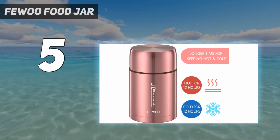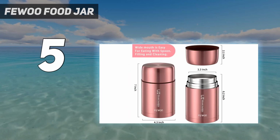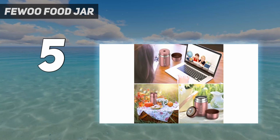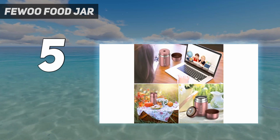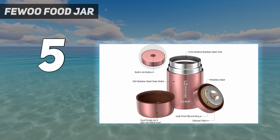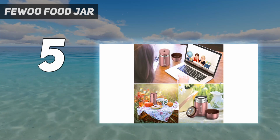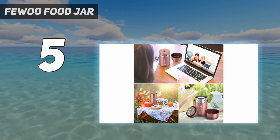This thermos can be a little unwieldy to carry when full, so we recommend using 2 hands when picking it up and using the insulated bag if you're traveling with it. When purposely dropped from counter height, the outer lid sustained a small dent, so you'll want to be a little careful when handling it. The large opening makes the thermos easy to fill and clean, and while it's not necessarily